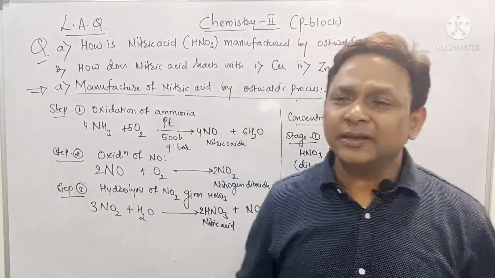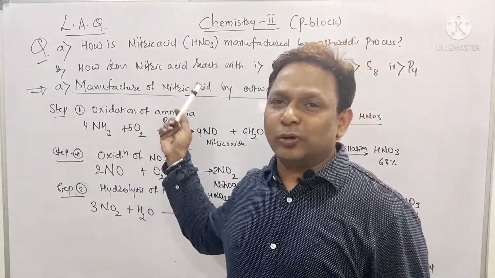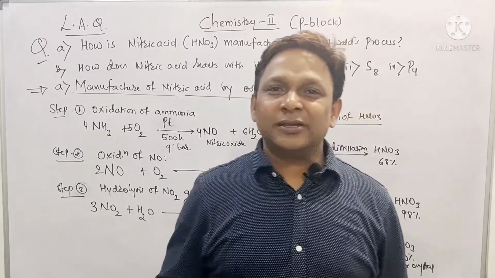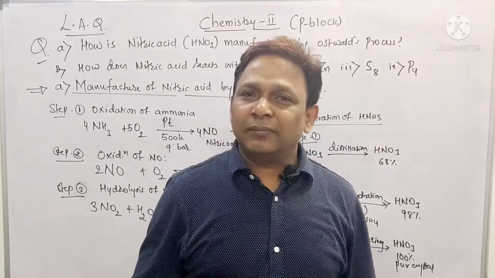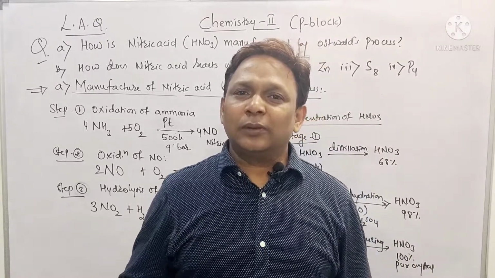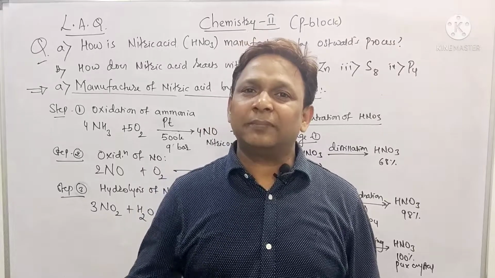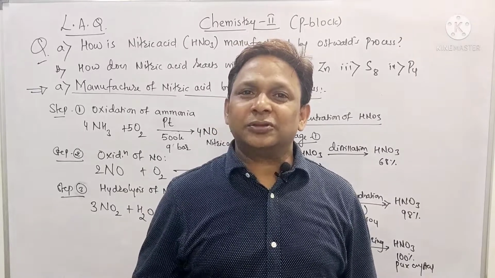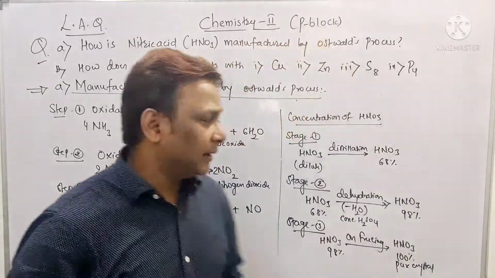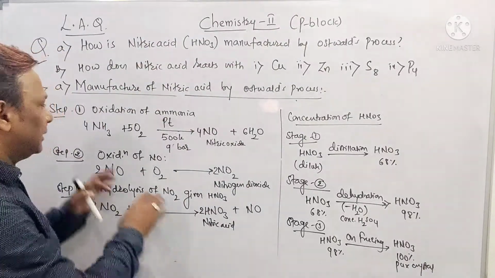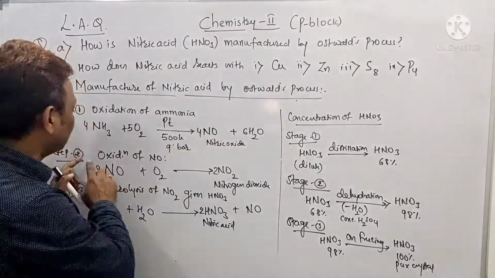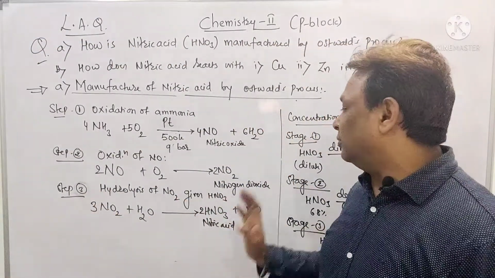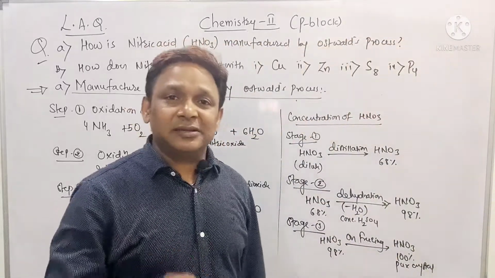Chalo, shall we revise it once again? Manufacture of nitric acid by Ostwald process. Step number 1, oxidation of ammonia: NH3 plus O2 gives rise to NO plus H2O. Step number 2, oxidation of NO: NO plus O2 gives rise to NO2. Right? Step number 3, hydrolysis of NO2: NO2 plus H2O gives rise to HNO3 plus NO. This obtained NO can be recycled again. Right? Balancing: 4, 5, 4, 6, then 2 mole, 1 mole and 2 mole. Last one, beta, 3 mole, 1 mole, 2 mole, 1 mole. We got the HNO3. Obtained nitric acid is very dilute.